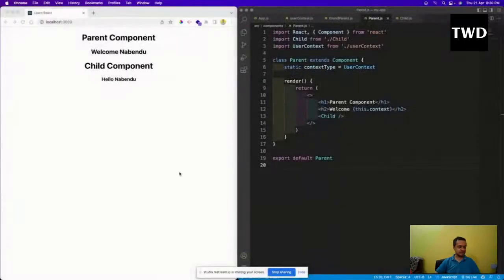So let's get started, and let me share my screen because we have a lot to cover, and I want to cover everything by tomorrow. So this is what we created the previous day, and this parent component and all. Now what we need to do is the last topic,